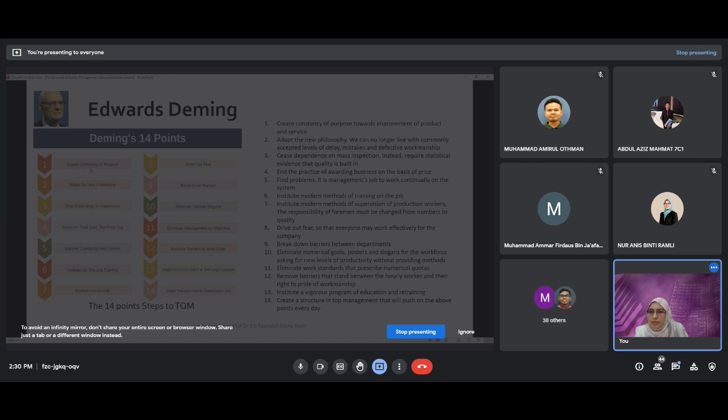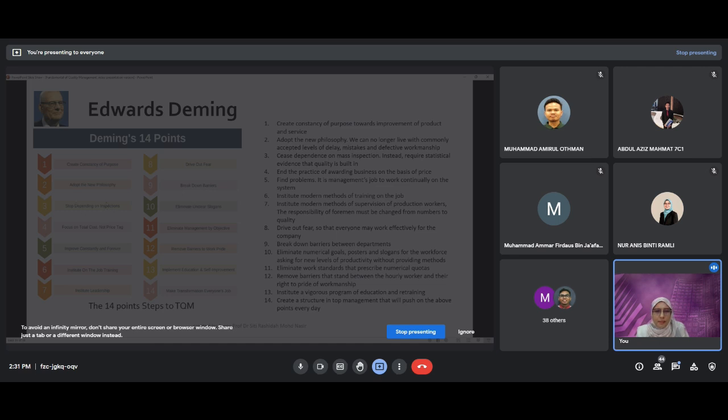which are: create constancy of purpose. Create constancy of purpose means put improvement of quality and service first, and adopt the new philosophy. We have to shift from the old perspective to the new philosophy, where we cannot live with delay, mistakes, and defects of workmanship. The third one is